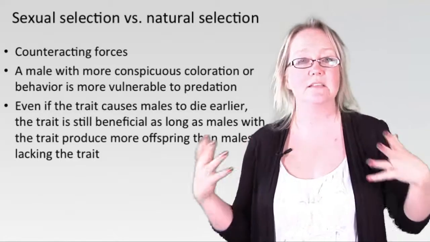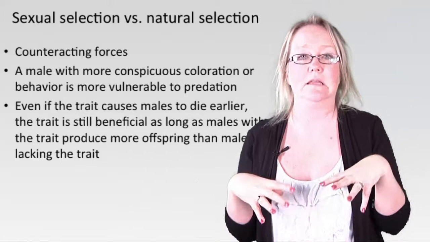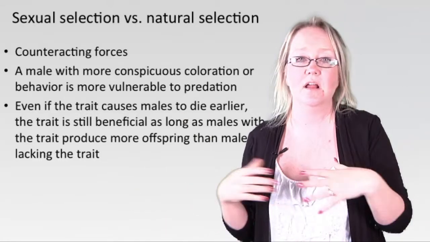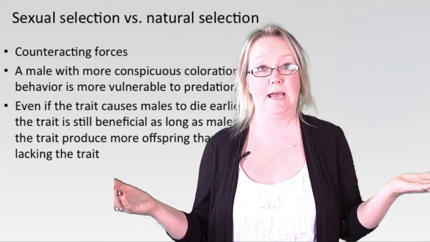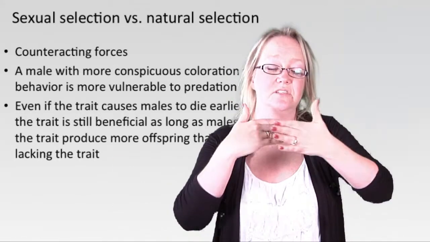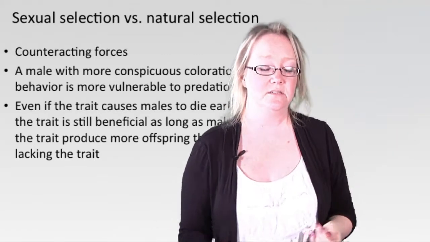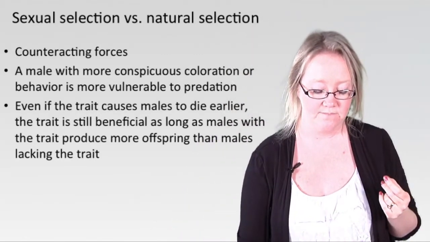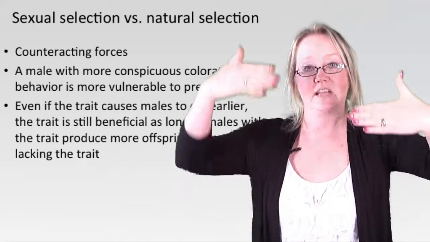And the more they're out dancing, the more likely they are to be spotted by a predator and eaten. Okay, the brighter they are, the more they dance, the more they're out in the environment, the more likely they are to die. And yet, these traits are still selected for because they're more likely to get their genes into the next generation. So it's kind of a catch-22 there,